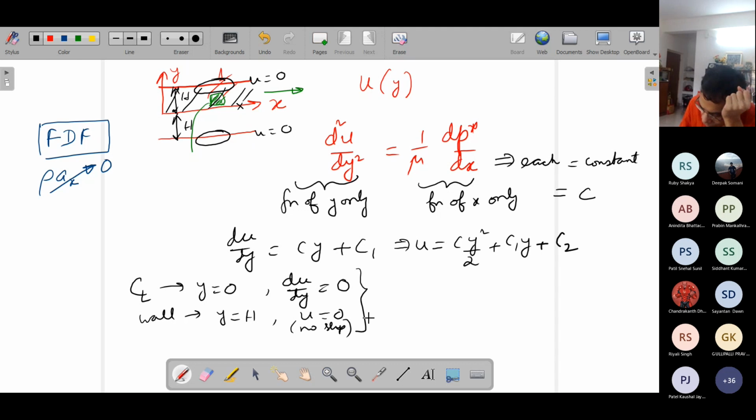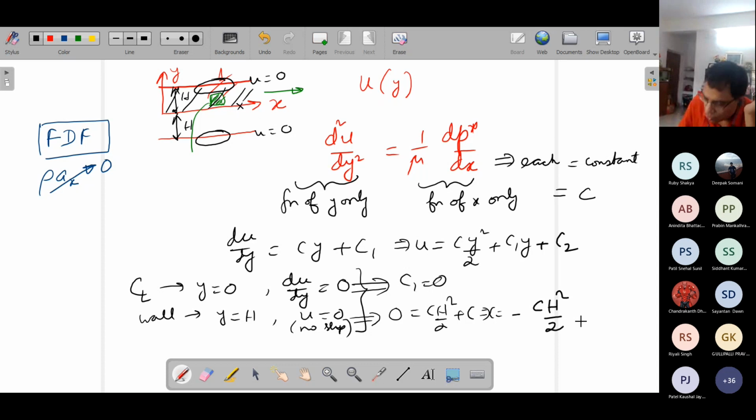So let us quickly substitute this. du/dy, if you put du/dy equal to 0 at y equal to 0, this will give you c1 equal to 0. And at y equal to h, if you put u equal to 0, so you have c2 equal to minus of this one, c h square. So summarily, what we get is